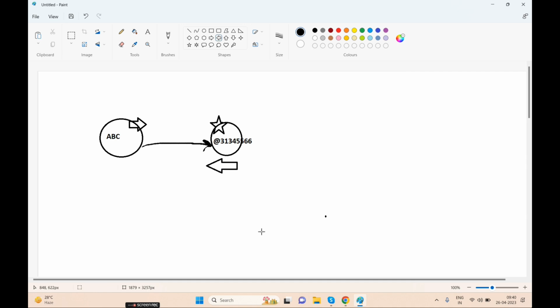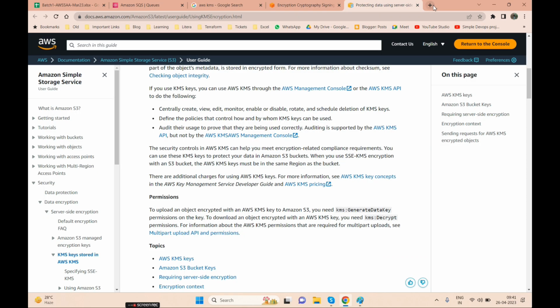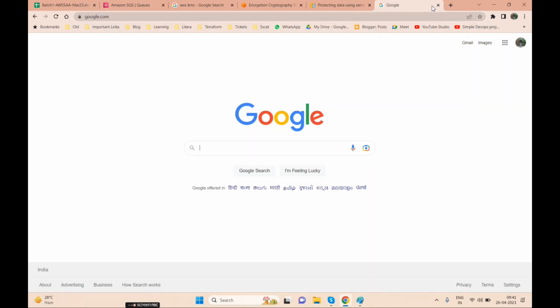So to decrypt it, you will have two types. One is symmetric and the other one is asymmetric. In the symmetric, the key which is being used to encrypt this message will only decrypt that. In asymmetric, the key which is encrypted will not be decrypted. So in symmetric the key will be the same, and in asymmetric the key will be different. Okay, let me show you the diagram.